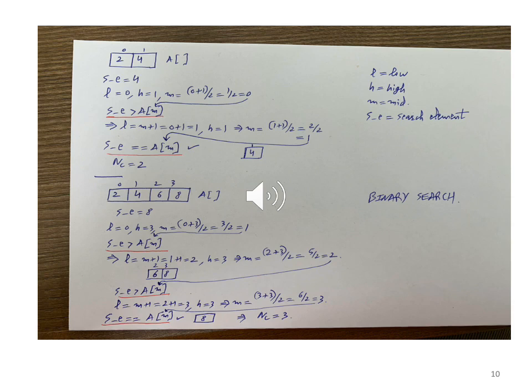Right. So what we see here is for a 2 element array, the number of comparisons is 2. And for a 4 element array, the number of comparisons is 3. So it would be a good idea for you to look at arrays of size 8 and 16 and see in the worst case how many comparisons there will be. So again, note this is the worst case.